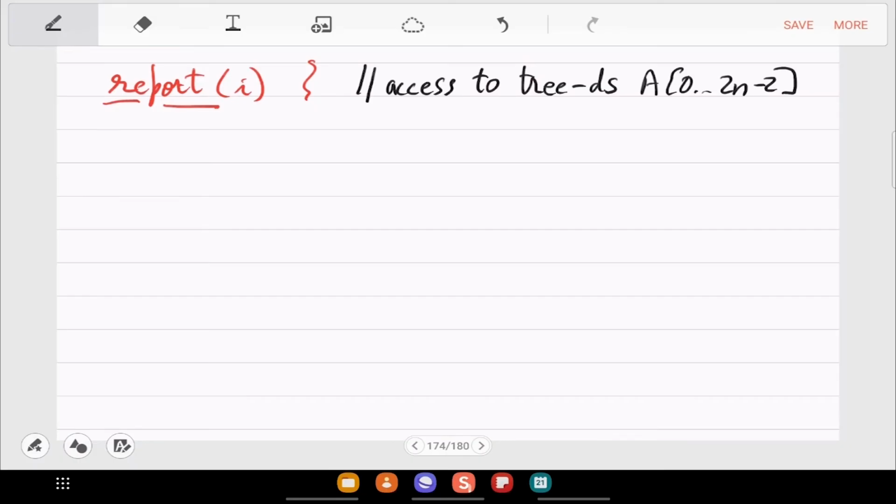So the accounting has to be done in this way. You have to basically add the values in the leaf to root path.